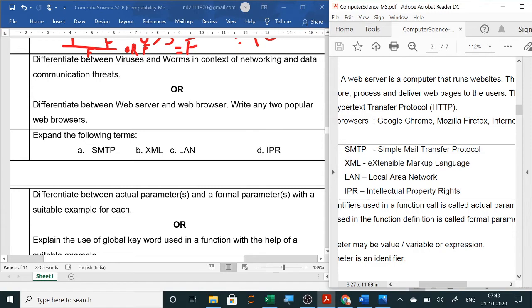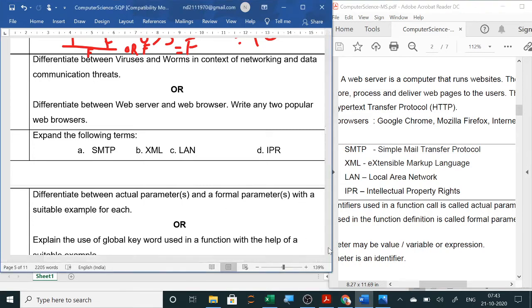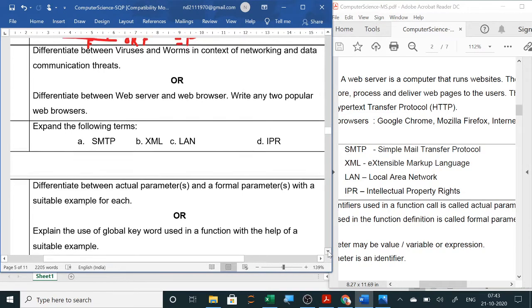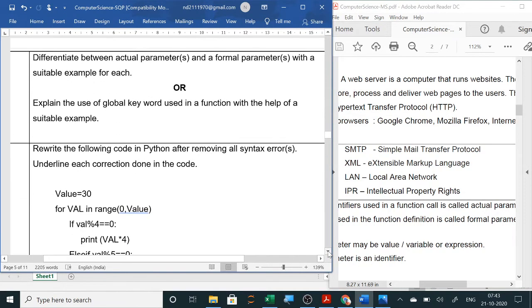Now the next question is differentiate between actual parameters and formal parameters. Here you can see there are internal choices. Actual parameters and formal parameters we have already done.